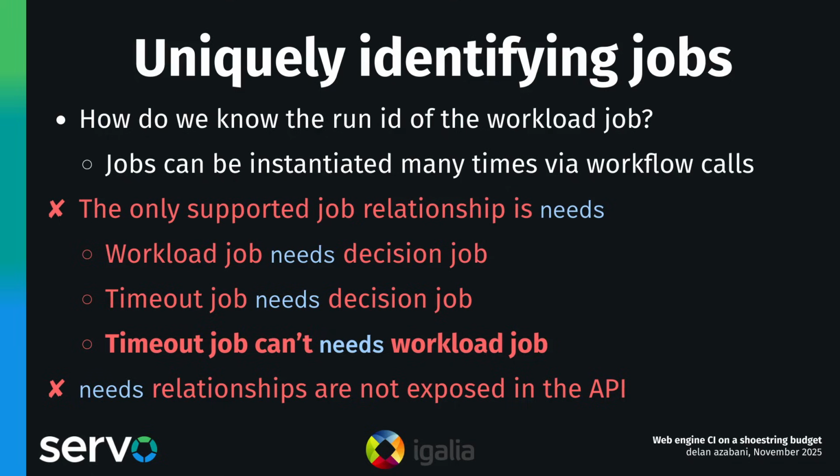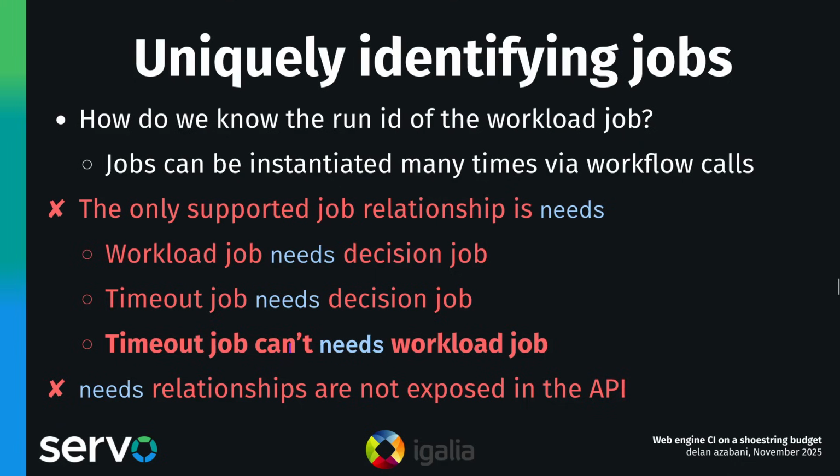Workflow calls are a feature that essentially allows you to inline the contents of a workflow in another as many times as you like, and as a result, you can have multiple instances of a job that run independently within one workflow run. So we definitely need a way to uniquely look up our instance of the workload job. The trouble is that the only job relationship you can do in GitHub Actions is a needs relationship. And that's inappropriate for our situation here,